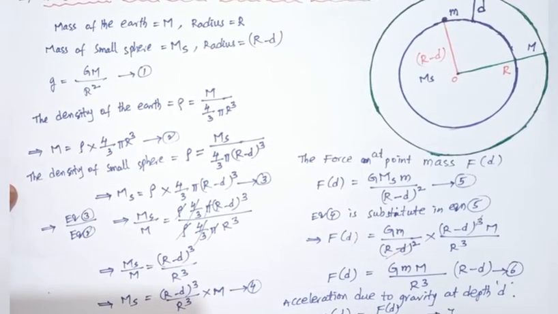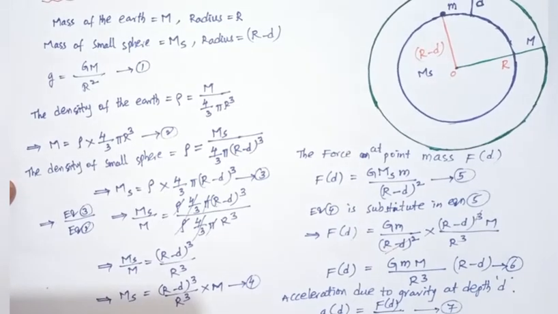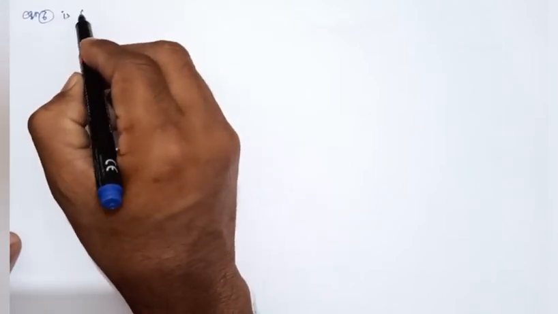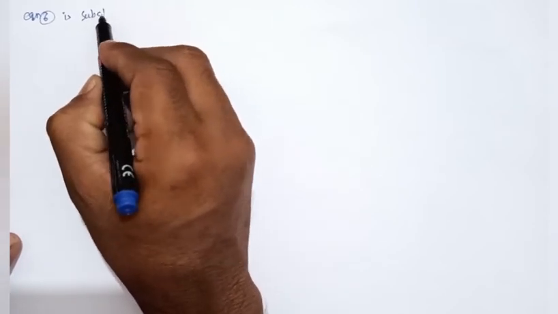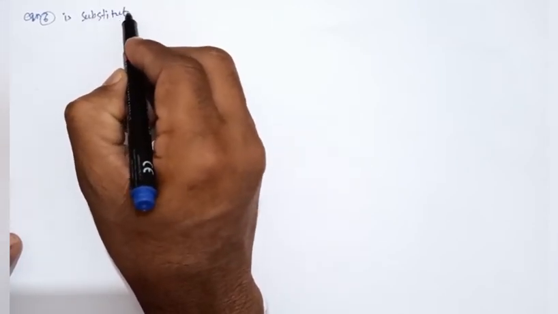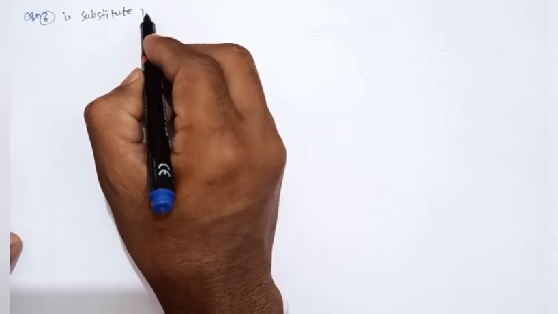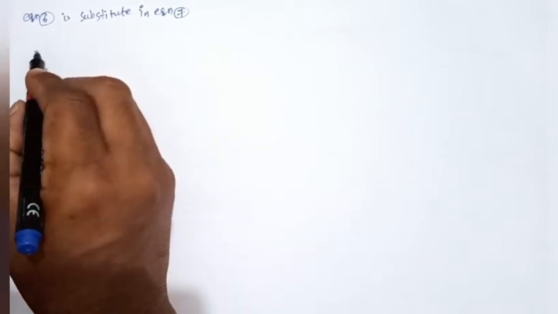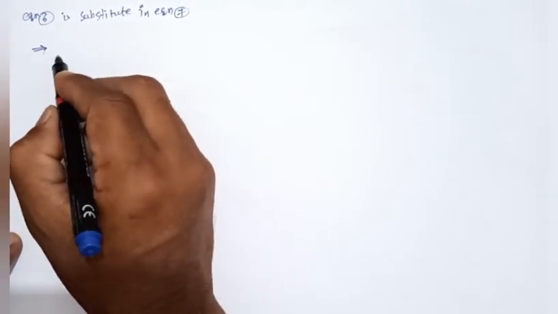This is equation number 7. Now equation number 6 is substituted in equation number 7. So we get the equation g of d equals